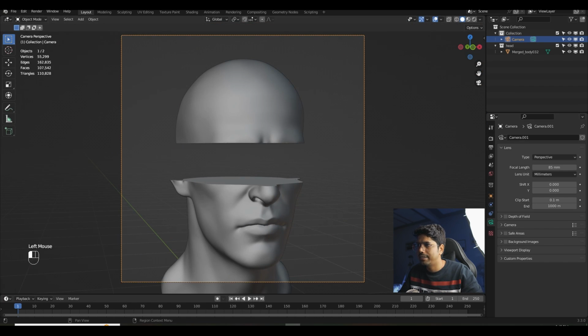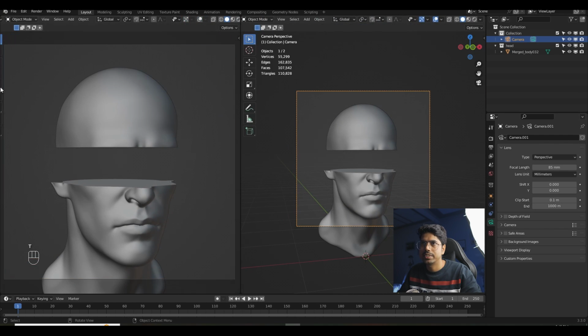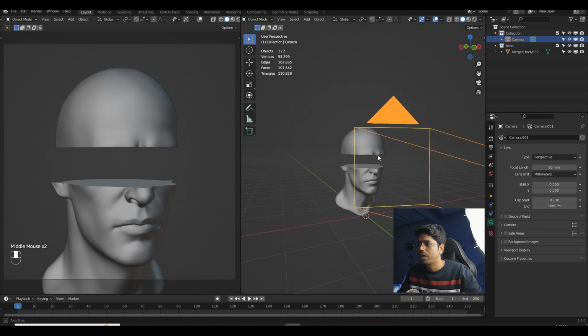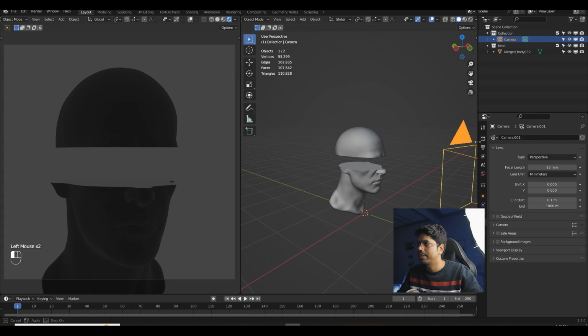So I will click here and drag and it will create another view. I will zoom here, press T to hide this, and perfect. Now I have to create the lighting, but before doing lighting I have to go inside the rendered view so that we can see the lighting stuff. So I will click here,